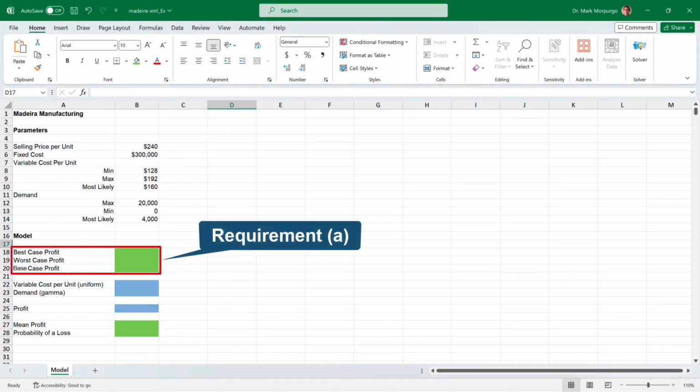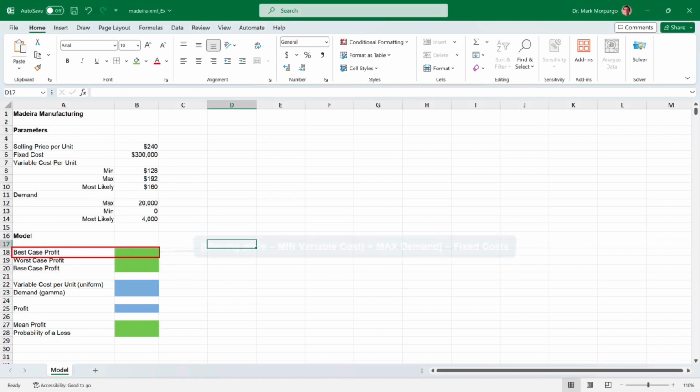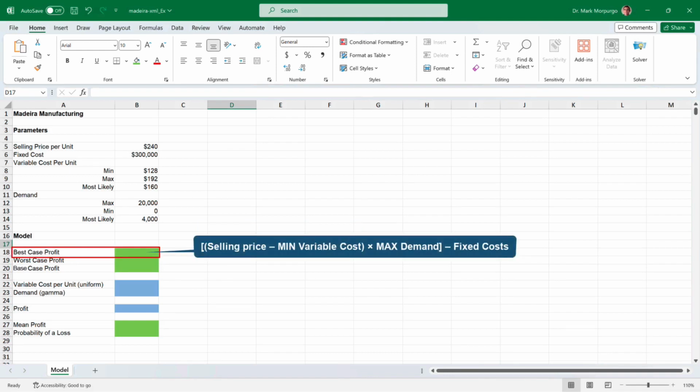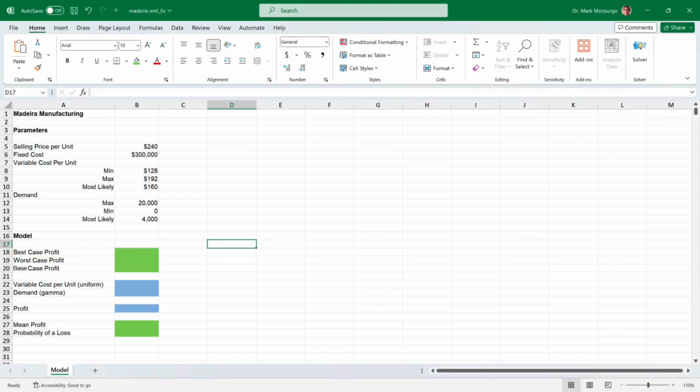Now we can work on requirement A to determine the profits under the best case, worst case, and base case scenarios. The best case profit scenario is calculated as the difference between the selling price and the minimum variable cost times the best case demand, then subtracting the fixed costs. So click on cell B18 and type the equal sign, followed by 2 opening parentheses for a nested formula here. Select the unit selling price of $240 in cell B5 and press F4 to lock the cell reference. Type a minus sign and select the minimum variable cost of $128 in cell B8, followed by a closing parenthesis,